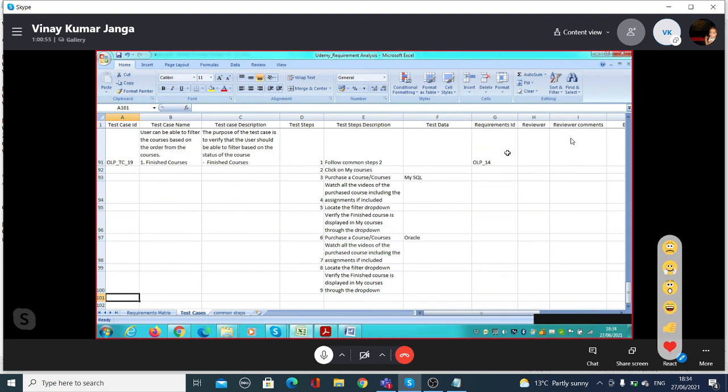There will be an endpoint for finished courses, and there will be an endpoint for pursuing courses. So when you send this GET request to the specific endpoint, it will return all the courses. So this is what you do in Postman.